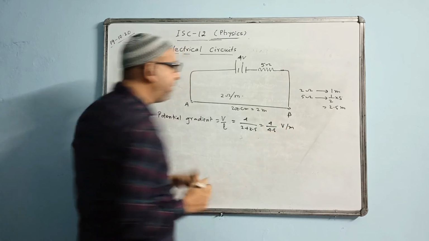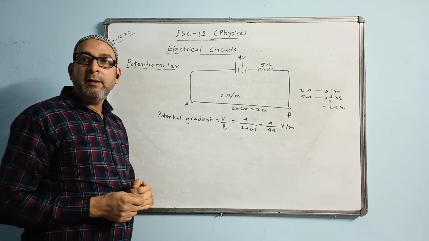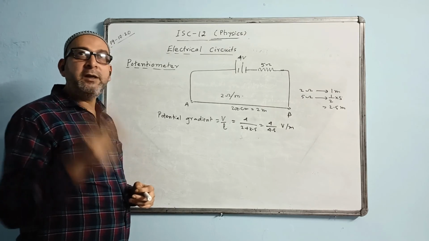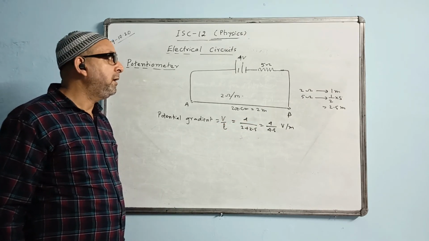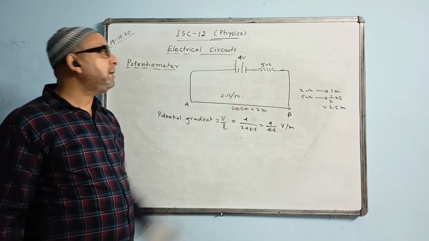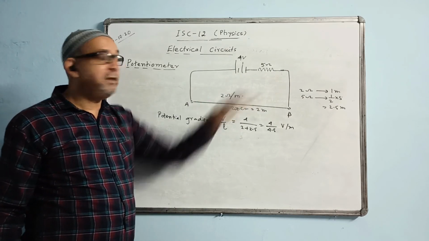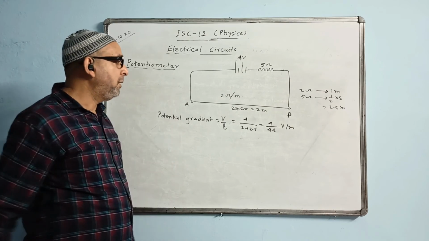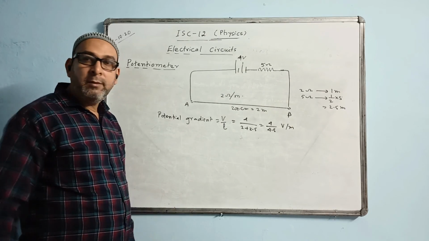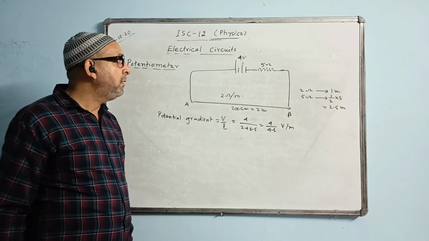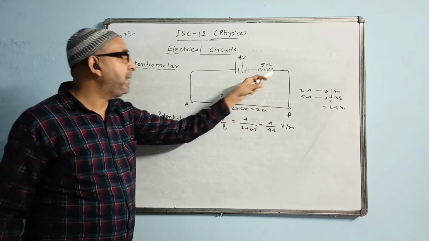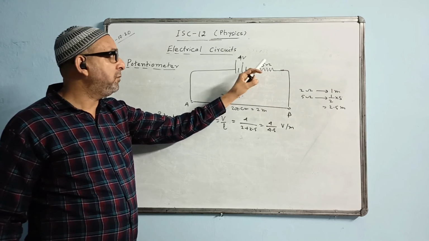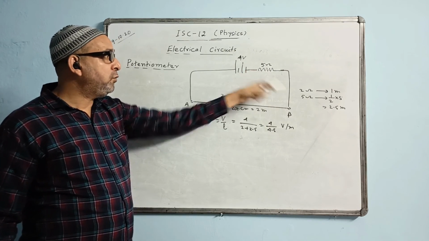You can use a calculator and give your answer in decimal places. You should round off to at least 3 decimal places. That is the solution for it. If there is anything extra over here, you have to consider that also, changing it to length. Then only the potential gradient value, the V by L value, will come out. See, it is not that the 4 volt is directly applied across the wire, it is also applied across this resistor. So you have to take this also into consideration.